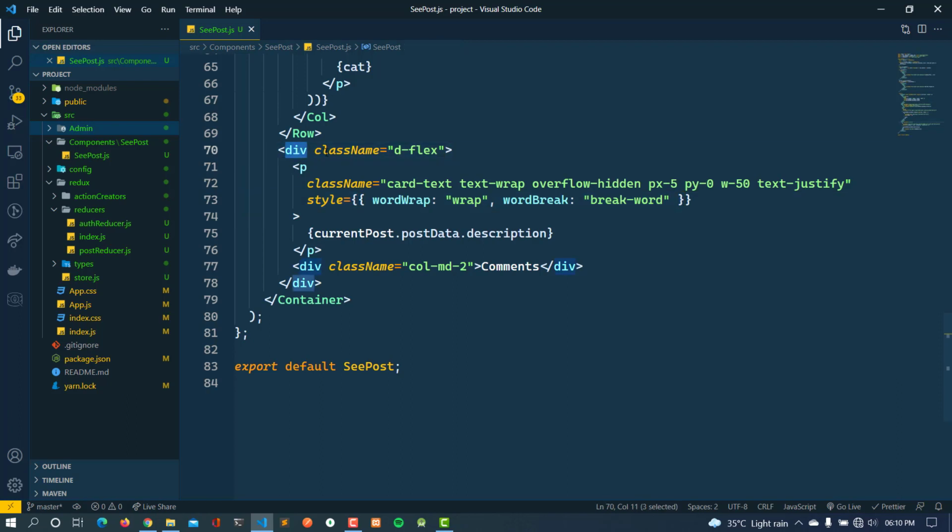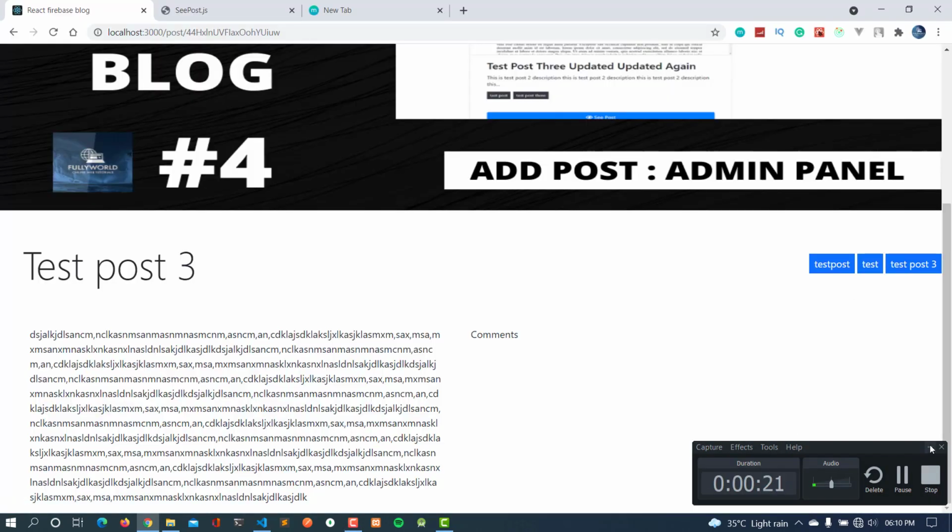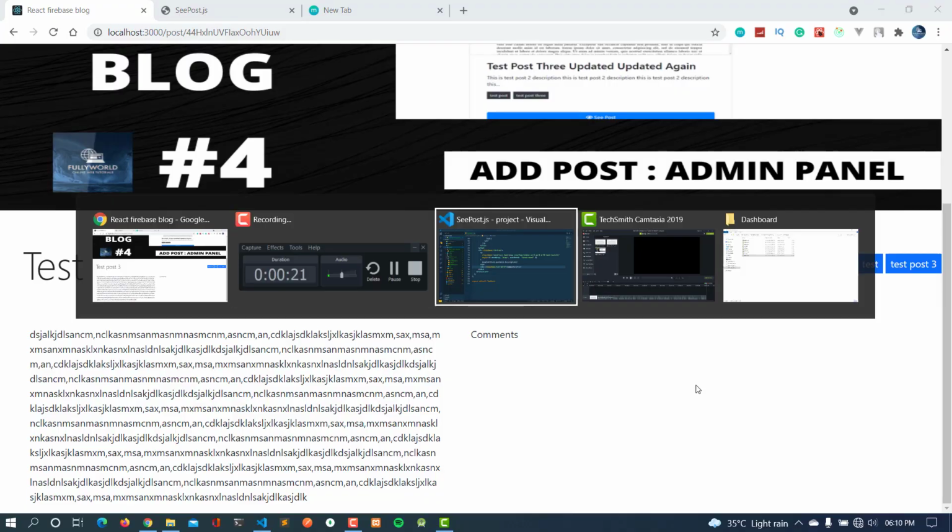First of all, instead of row I have added the display flex, and then I have added the paragraph here that was there previously, and instead of this column I have added this column here. So here I am changing this to col-md-6, and now see that it is looking perfectly.